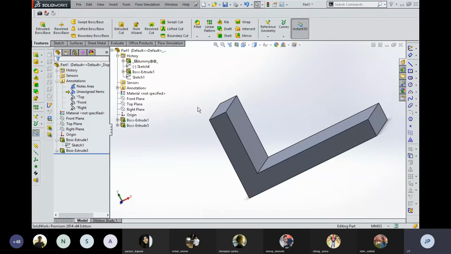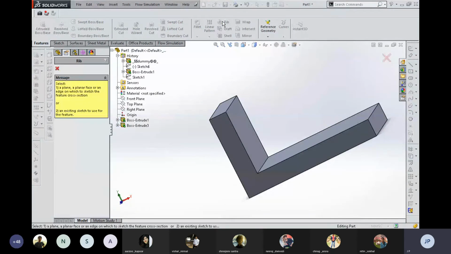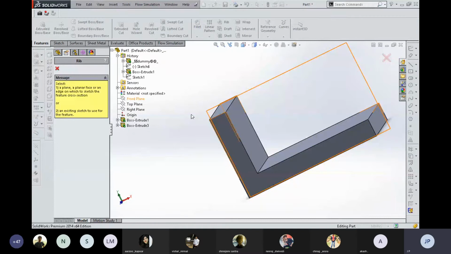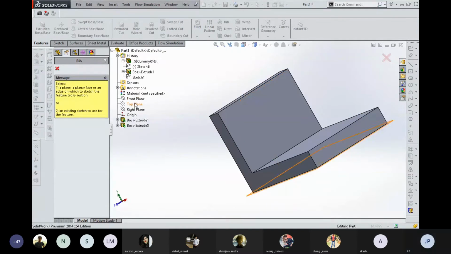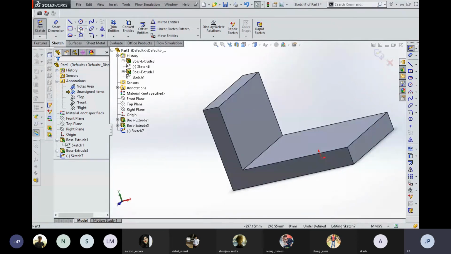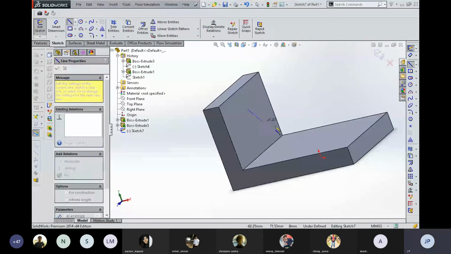Now what is required for creating a rib? You need a sketch which is required while connecting these two faces. So over here you can see that it is asking about a plane. So we can select this plane. Okay. For view you can rotate the component. Okay. Over here you can see that the sketch module is available.